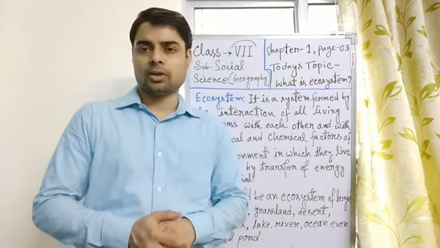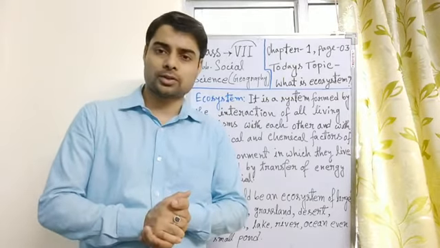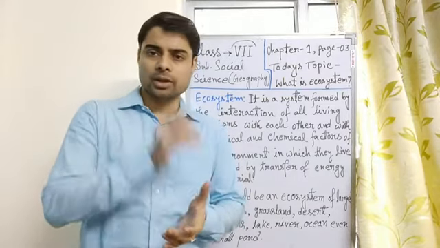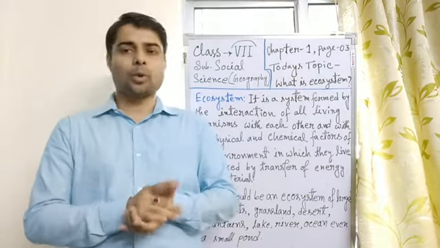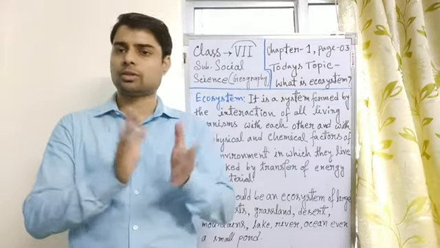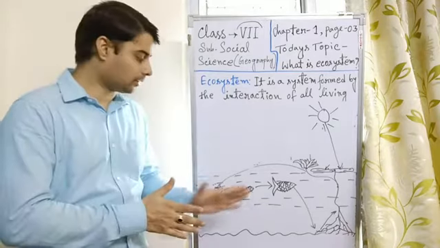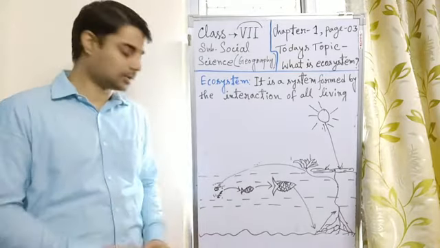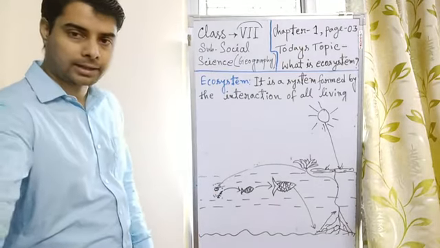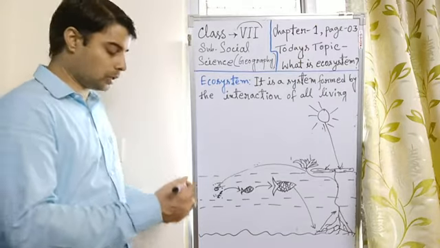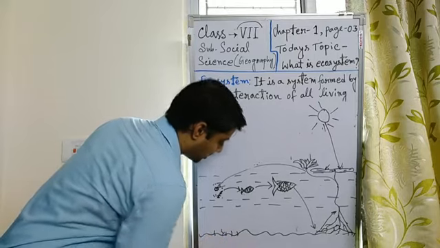There was a picture in your book on page number 4. Look at the picture, how an ecosystem of a pond develops. Suppose I give you an example of how an ecosystem develops. Suppose there is a small pond, an ecosystem of a pond. Now to understand what is ecosystem, look at the picture carefully. How does an ecosystem work? In the water there are some small phytoplanktons, or small tiny water plants. They are very tiny sometimes, and some algae also.